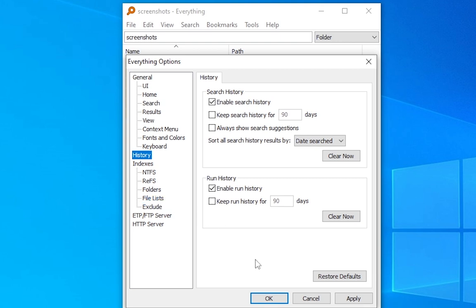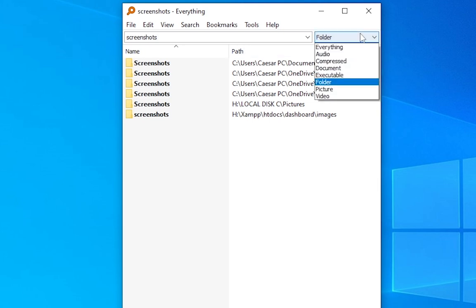So that's an easy way for searching on your machines. And we have all this. Everything, audio, compressed, document, executable, folder, picture, and video. So most of the file types, actually it's all the file types that you could have, you can search for them here. Yeah, and that's how you search for anything or everything